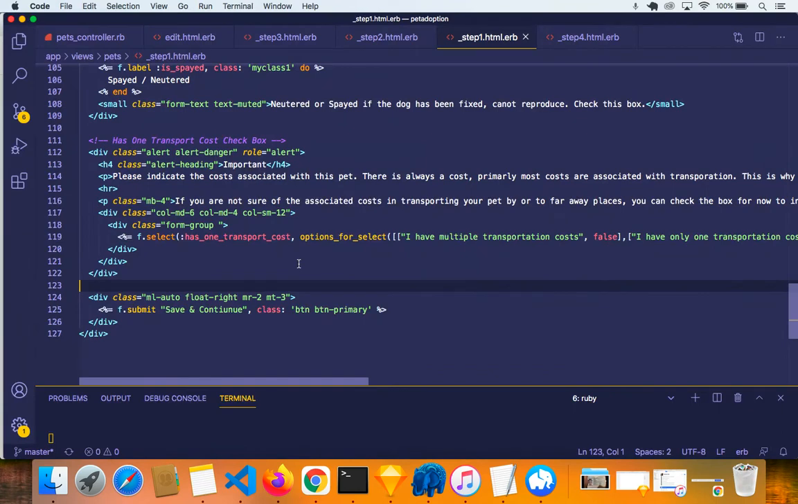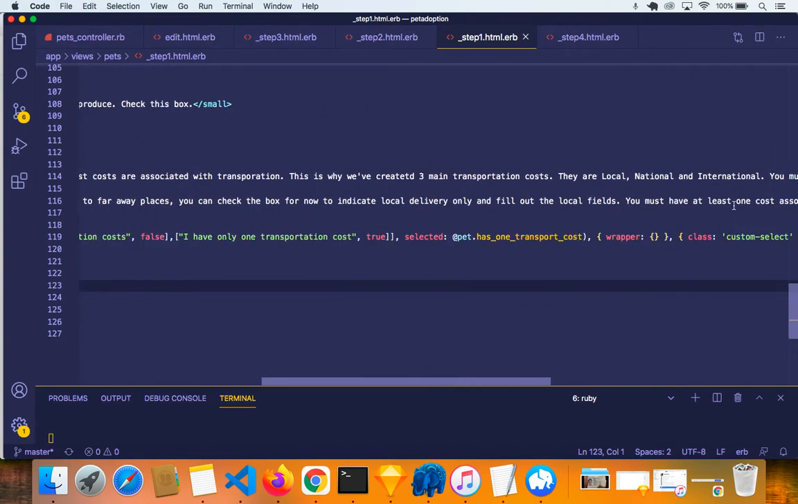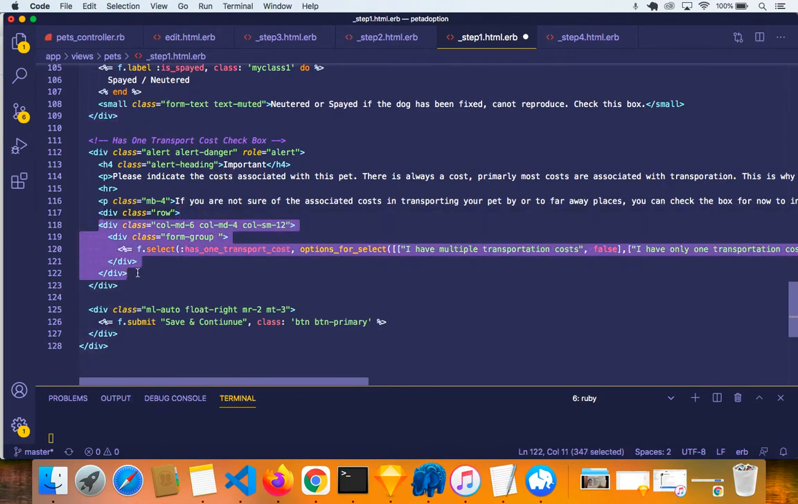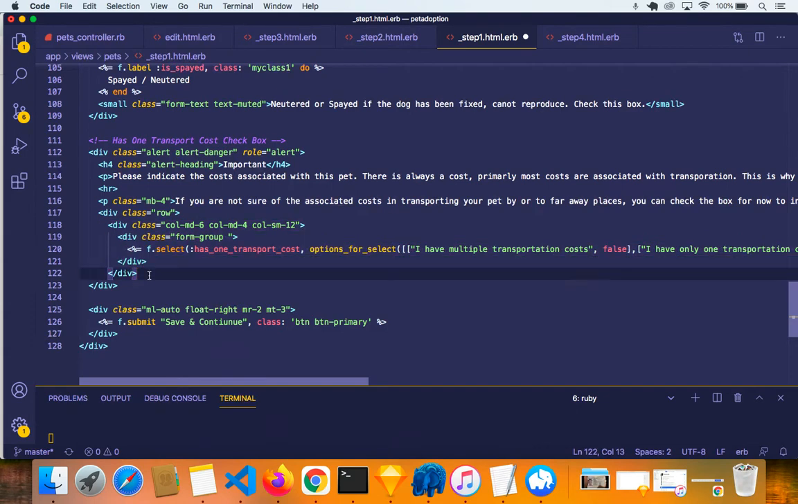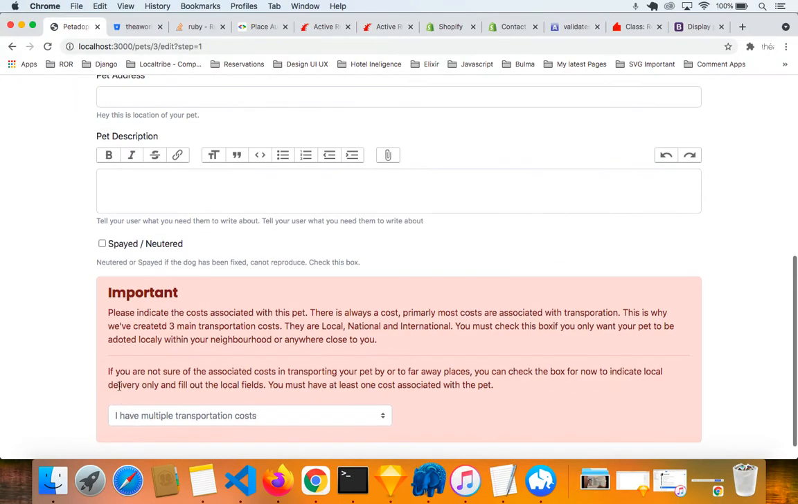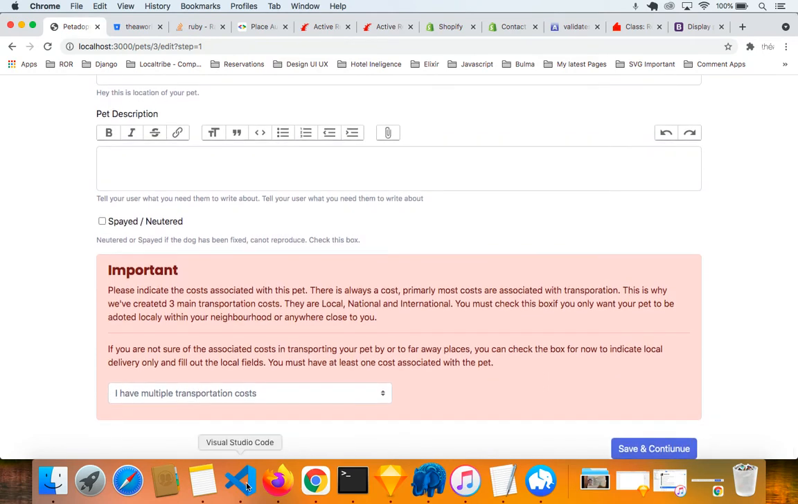Obviously, we should put a row. So let's put a div.row, and let's wrap. Let me cut the end of this. Now you'll see that it's lined up properly. All right, so here I have multiple transportation costs, and if I select one of them,